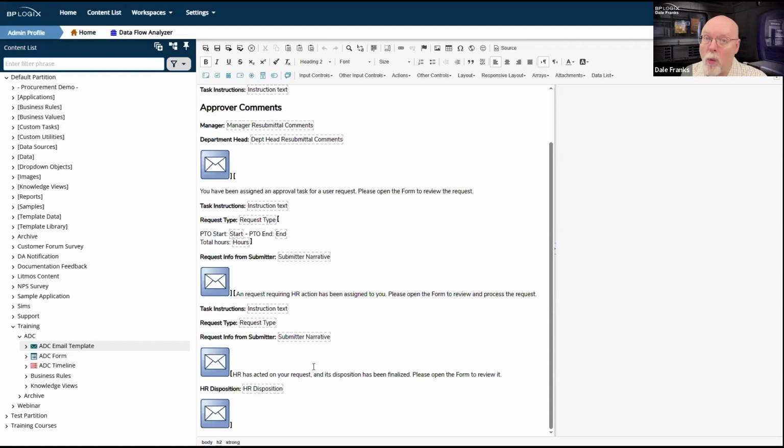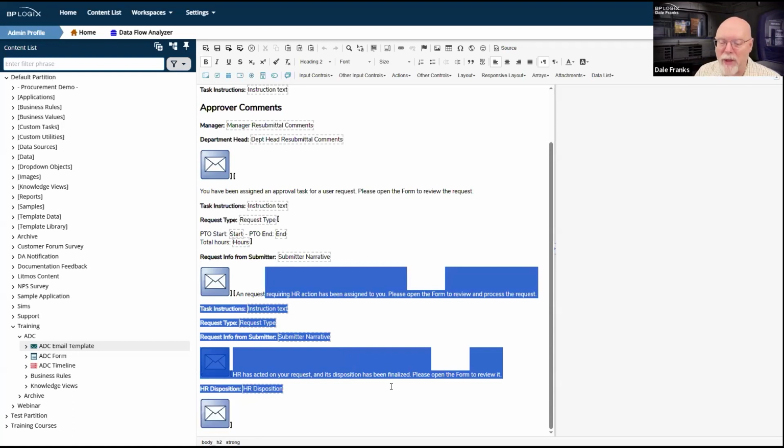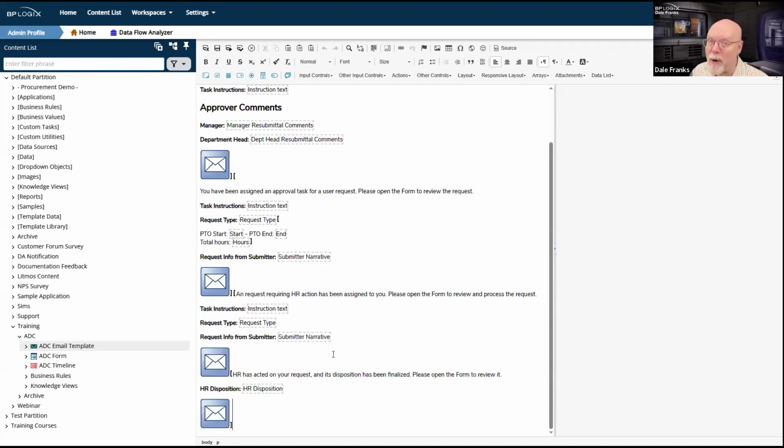What I don't want to ever do is send out 2 messages in the same email, because let's say the conditions for both of these sections were true. Then it would show me both messages. That would be confusing. I really do need to have a mutually exclusive set of conditions to show for each email. Now, in this case, it's pretty easy because each one of these are going to show up in specific activities. And so I can use that as the condition for when they show. But I do have to configure them.